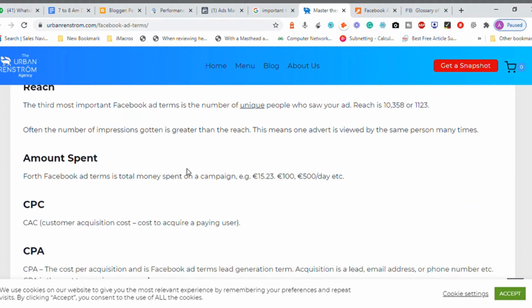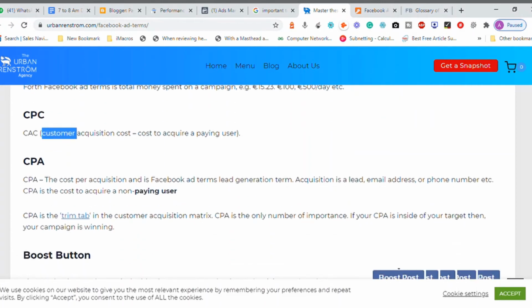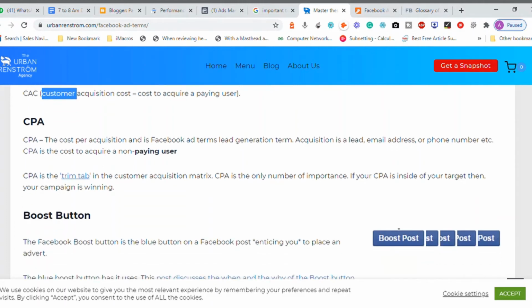Amount spent. Obviously once you run your campaign, how much amount you have spent from day one of starting the campaign is called amount spent. Okay, CPC is cost per click, with respect to Google advertisement also. CAC, customer acquisition cost. In Google we call that one CPA also, cost per action or cost per acquisition. How much money you are going to spend for acquiring a customer. CPC is basically the business model that is used in internet platforms to sell advertisement. CPA, cost per action or cost per acquisition, is also used here.